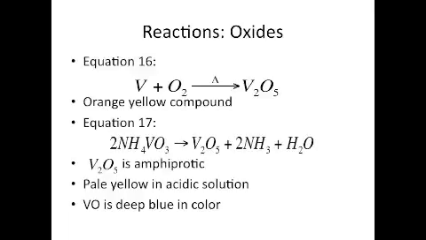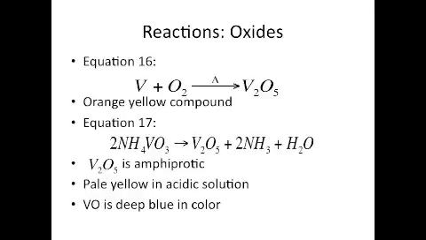Vanadium-5 oxide is used as a catalyst, probably because it loses oxygen reversibly when it is heated. It catalyzes the oxidation of sulfur dioxide to sulfur trioxide. Vanadium-5 oxide is amphiprotic, which means that it could act as an acid or base. When dissolved in water, it produces a pale yellow, acidic solution. It reacts with acids in the formation of dioxovanadium-5 ions.